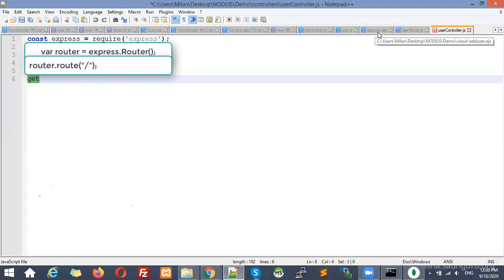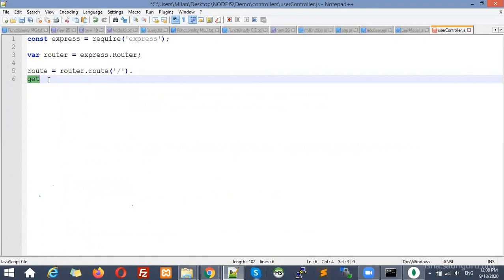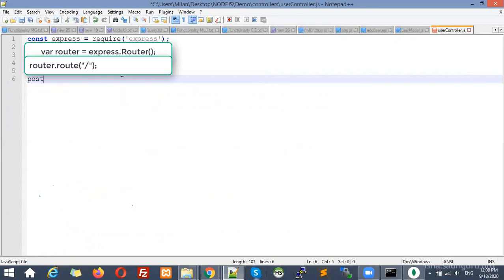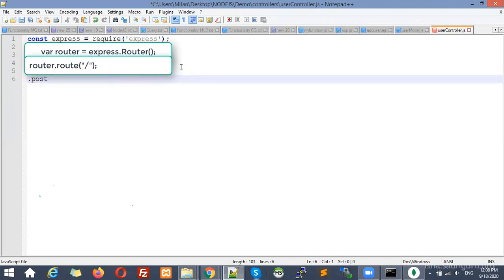But I want to create an insertion process. Here, let me open that file, this file. I want to create what? This slash user. So what I need, slash user route should be, some method should be created in post format. So what I am going to create, I am going to write post here. And still I am not going to write user here. I will explain why I am not going to write it, but it will work like a slash user. Right? So here the same way, in the same line I can write post, but instead I am just going to put enter. So post.